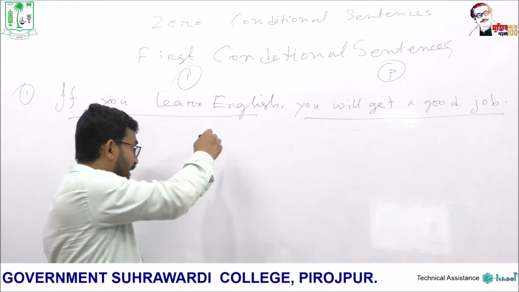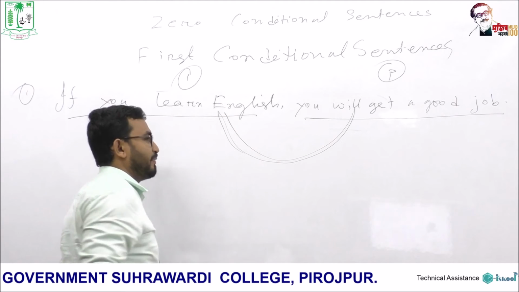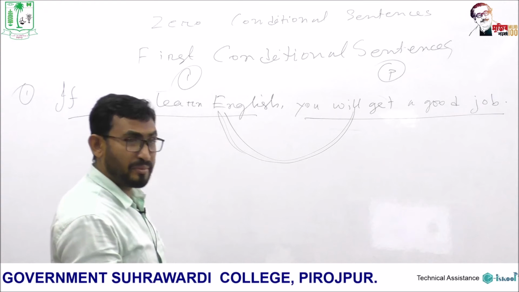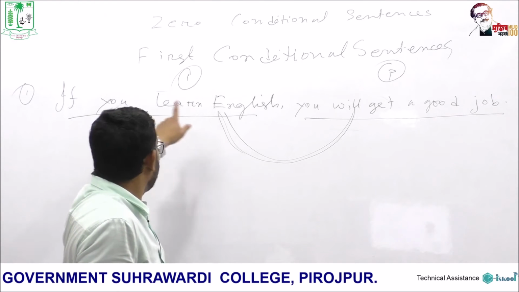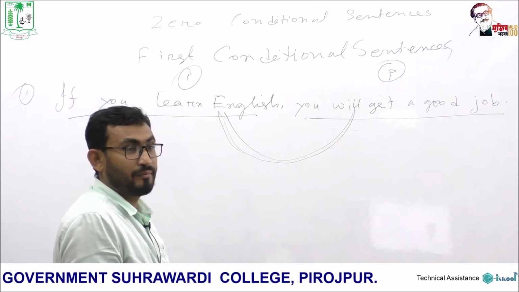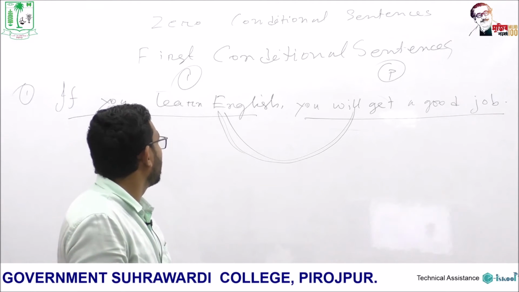But look at the relationship of tense. Relationship of tense here, if you learn English, the if clause is written in present tense. But the principal clause has been written in